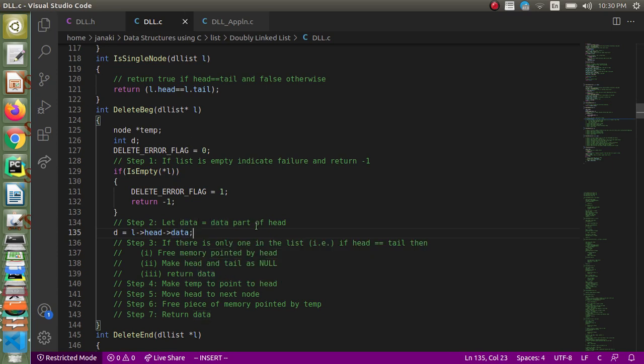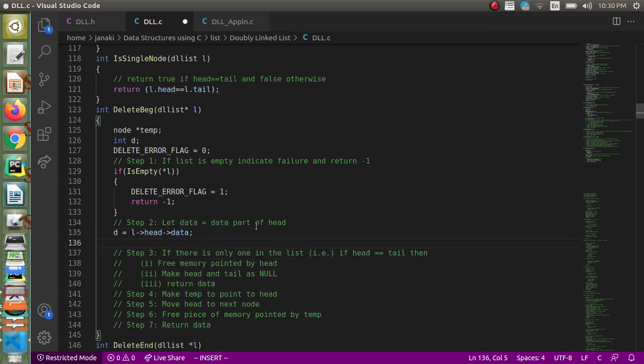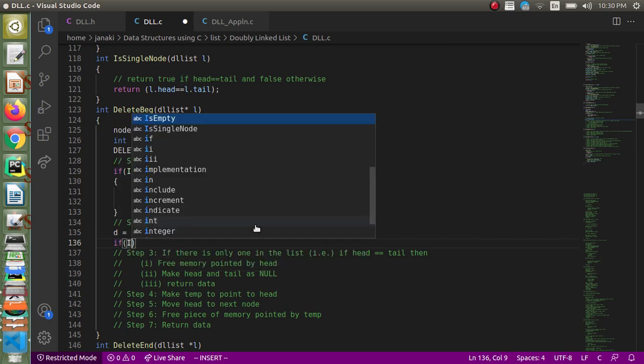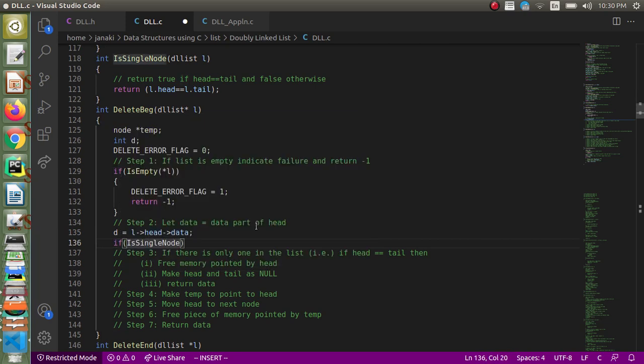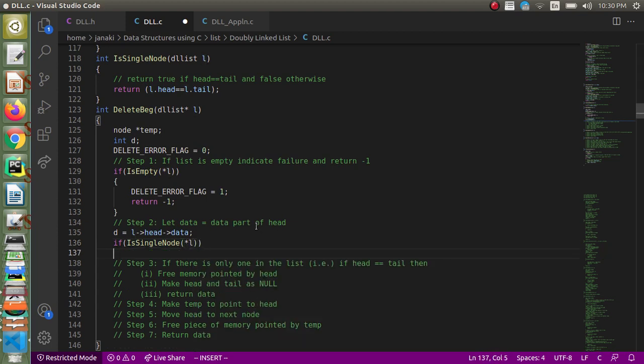And then we are checking whether there is only one node. So if is single node, that also expects you to pass it by value. So just give star L and start the loop, start the body, and